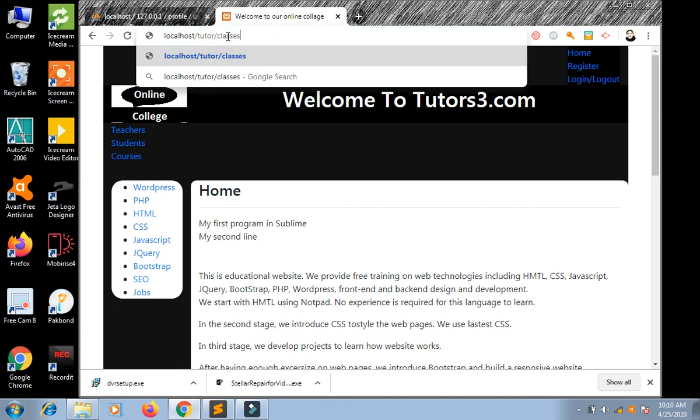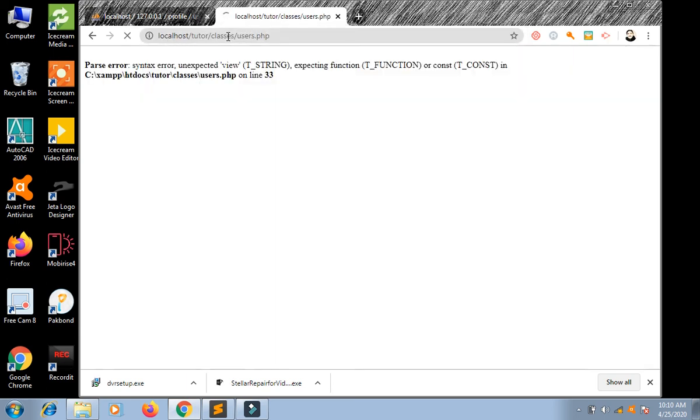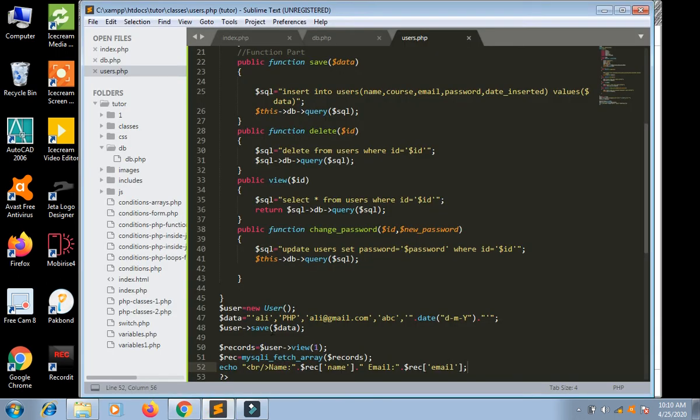Let's test whether it is working or not. Now we have classes, and inside classes we have users.php. Let's see. Unexpected view on line 33. Line 33 is this. This is a function.